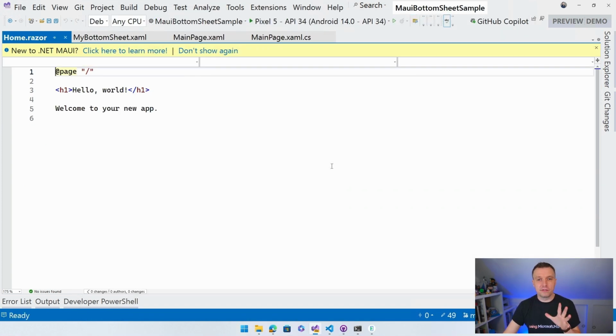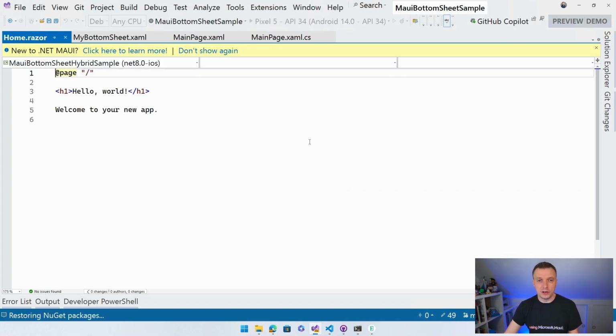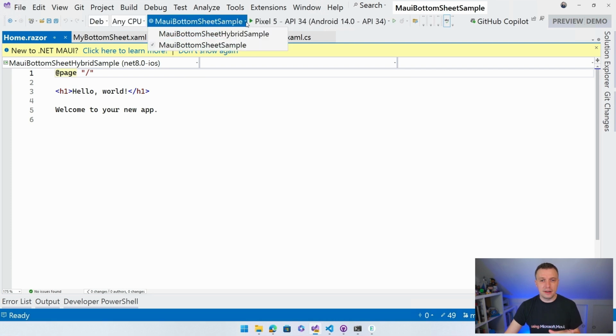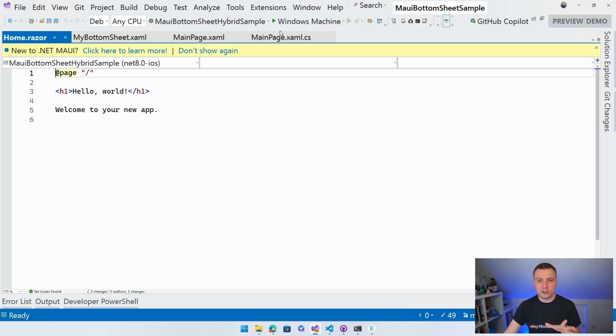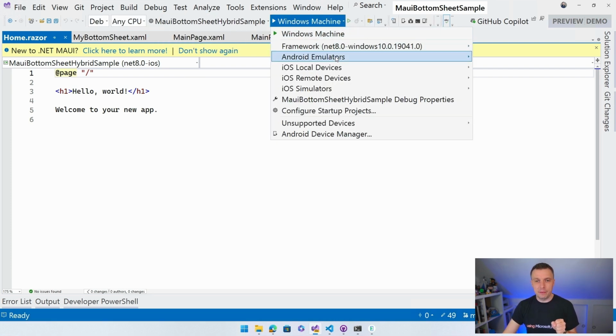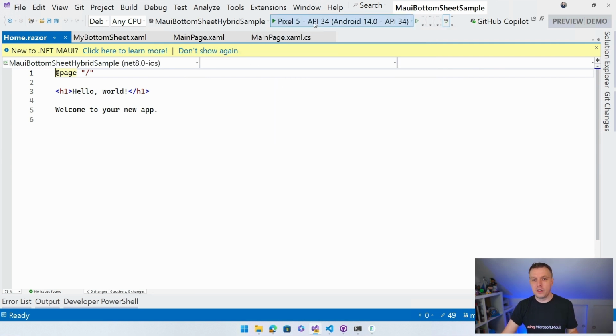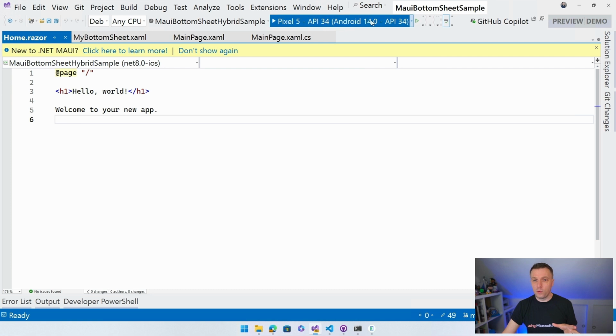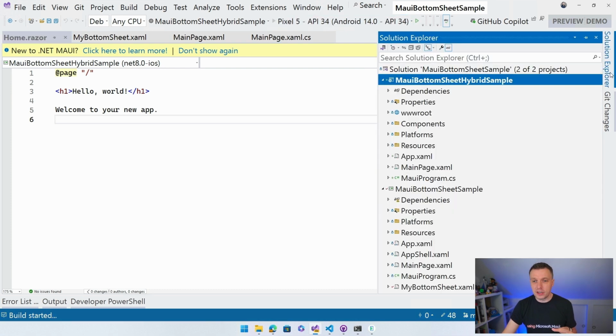And now I have this hybrid application here as well. So let's switch to that project to be our starter project, and let's set it to the Android emulator right here. And I'll just deploy it. I'm sure that you've seen a default Blazor project before, but just to show you what it looks like and what you can expect here if it wants to run. And while we do this, let's just take a step further. So here we have this extra project. This will all be in the sample repository, the link down below in the video description.